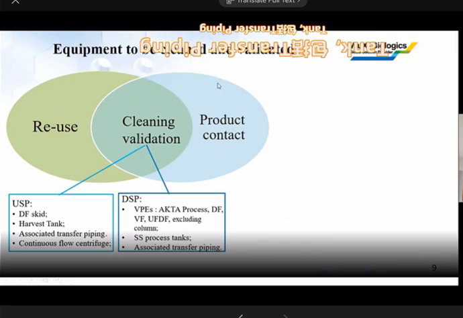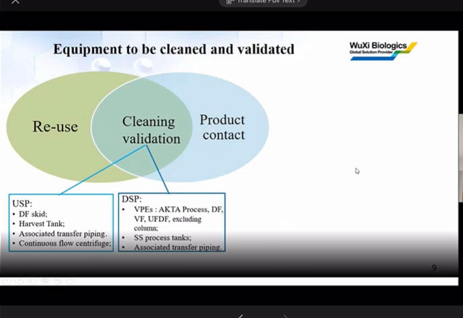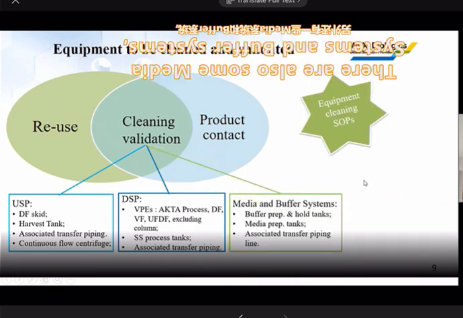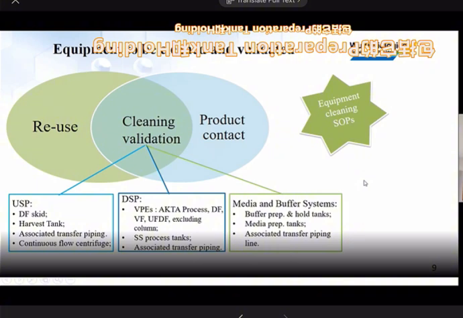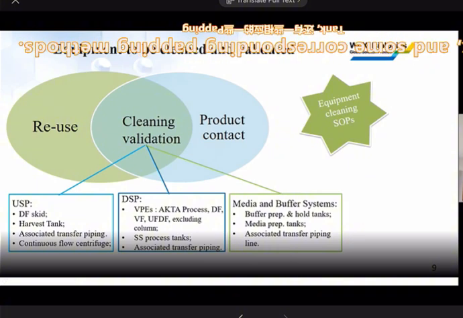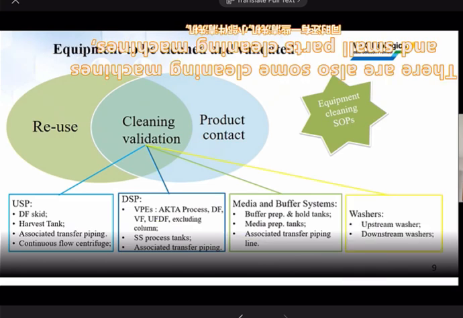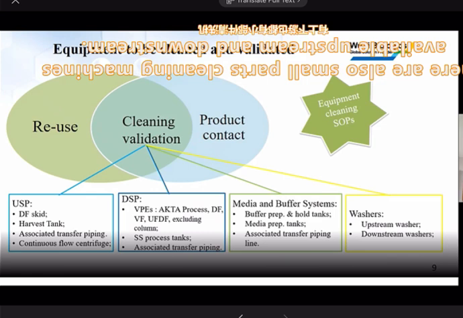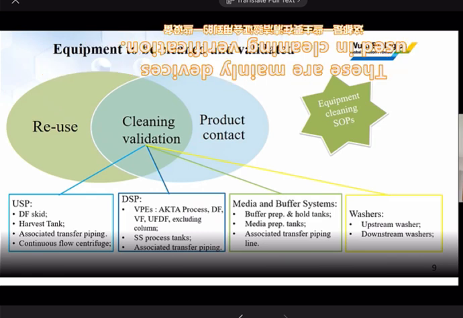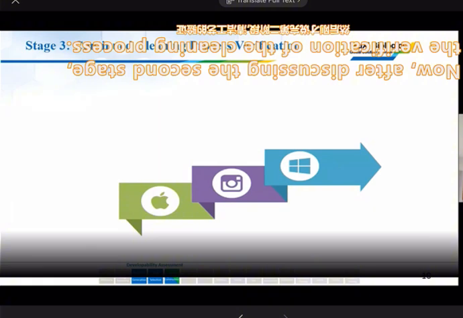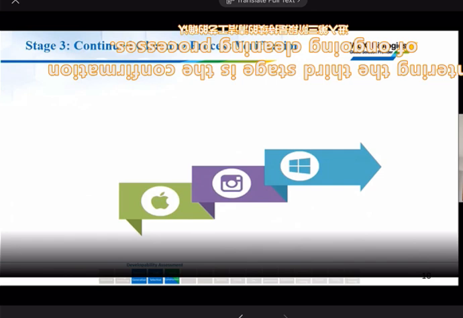For example, upstream, mainly DF skid, harvest tank, transfer piping, and some centrifuges. Mainly some scattered machines. These are some of the main upstream equipment. For downstream, most of the equipment is VPE, Arc top process, DF, VF, UFDF, these devices. There are also some stainless steel cans and some stainless steel holding